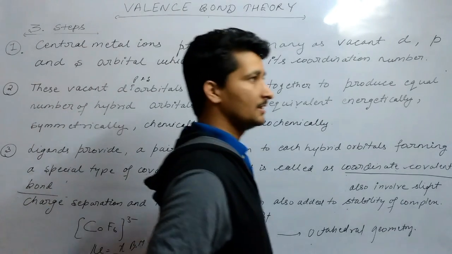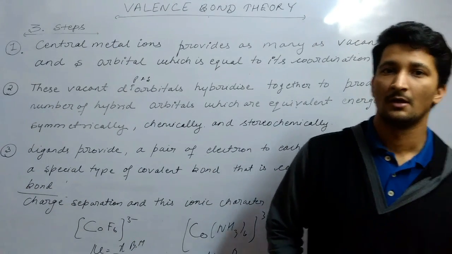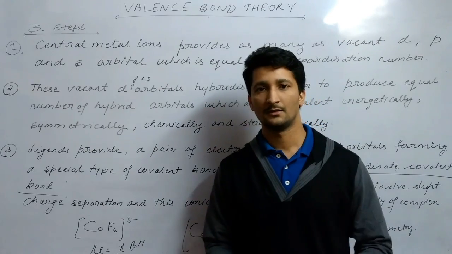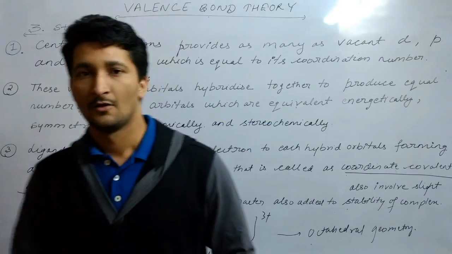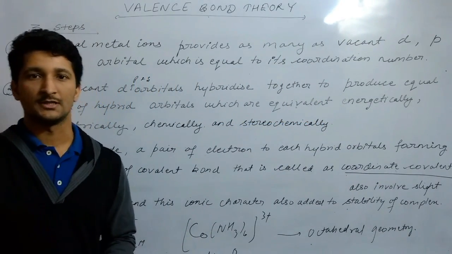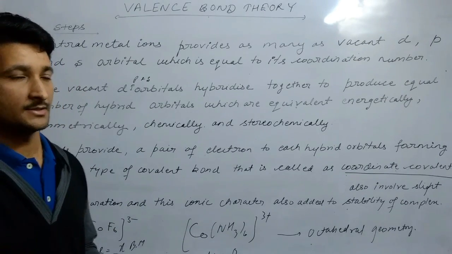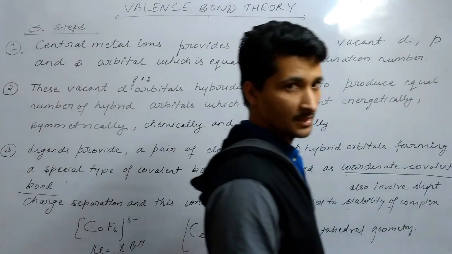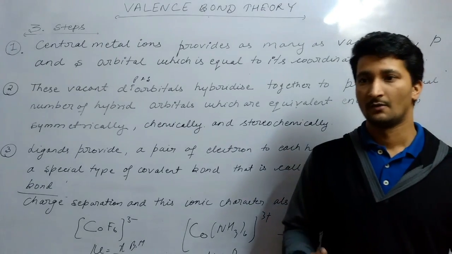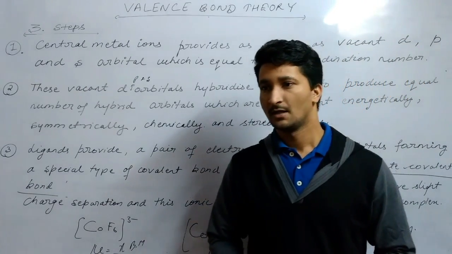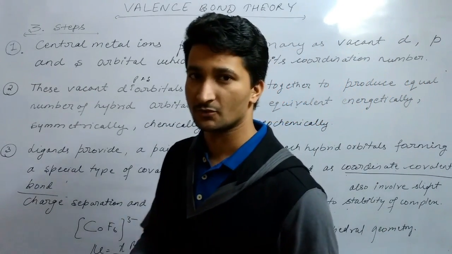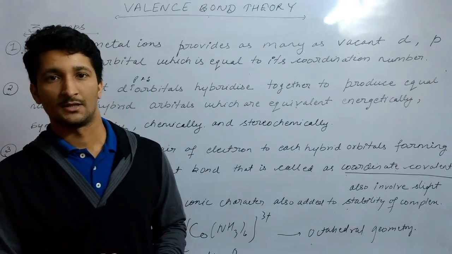Hello everyone. In this video, I will be discussing valence bond theory in coordination compounds. Werner theory was successful in explaining various types of valencies, like primary valency and secondary valency, in coordination compounds. It explained why certain groups attached to the metals are ionizable whereas certain other groups